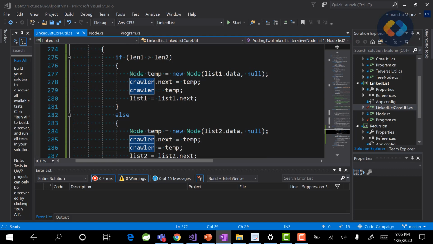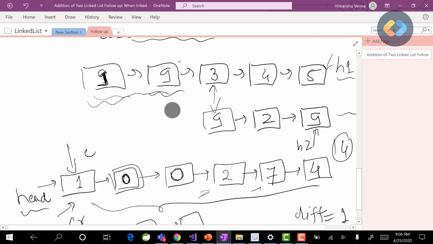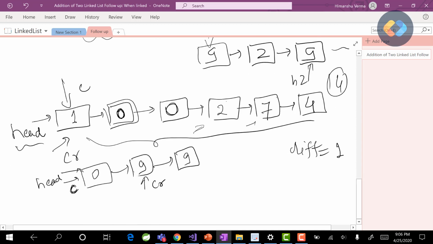So in this case our diff will be what? Initially 2. We'll add one node, so this will become 1. After this, we'll copy the next one. So here our head 1 will be, we'll copy the next one, move head 1 to here, and then we'll move our crawler to here.